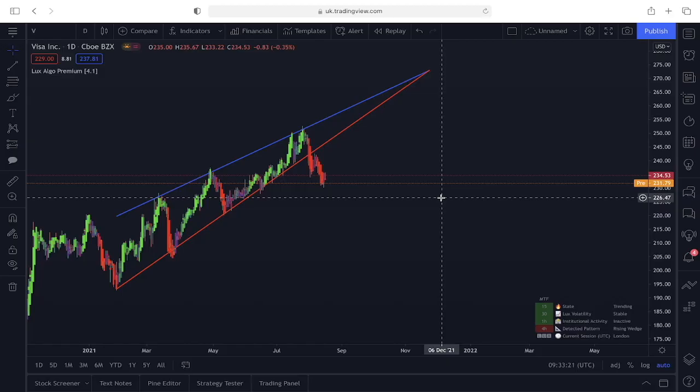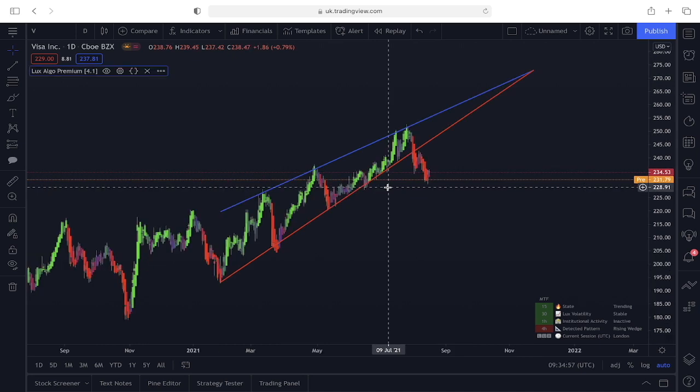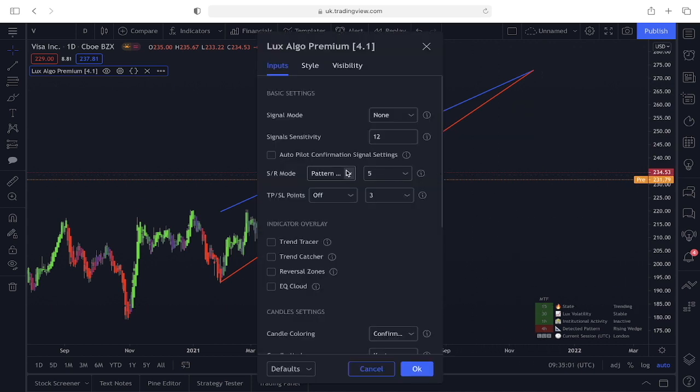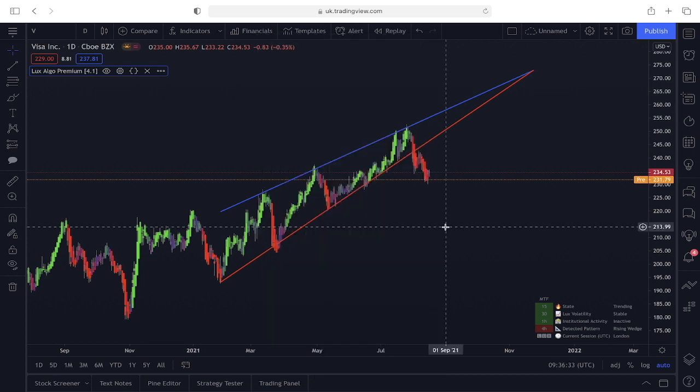Hi guys, today I'm going to be showing you how to use the pattern detection in Lux Algo Premium to enhance your trading and increase the likelihood of identifying a change or continuation of a trend. You can enable the pattern detection in your Lux Algo by going into the settings, going to SR mode and selecting pattern detection. When you select pattern detection, you will see two lines drawn on your chart forming a potential